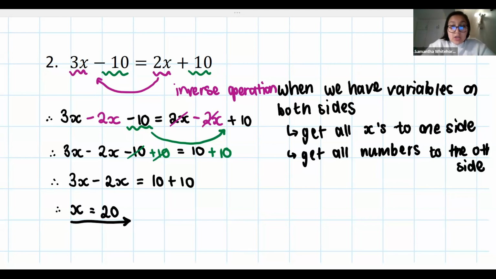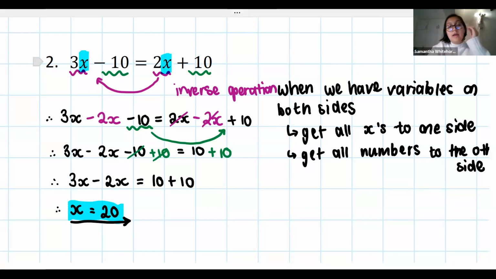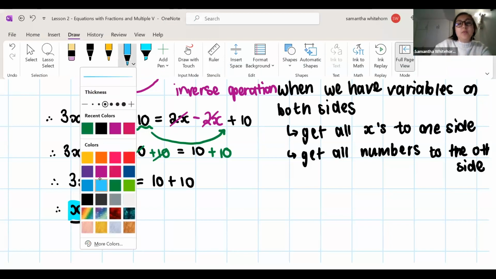If you want to check your answer, remember you can take this value for x that you have now just solved for, and substitute it back into your original equation and make sure that both sides are equal to each other. So if we just do a quick little check for ourselves to make sure that we have gotten the correct answer here, what we would do,